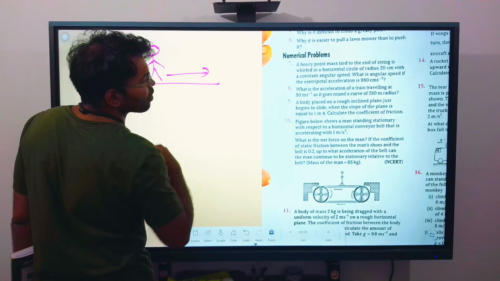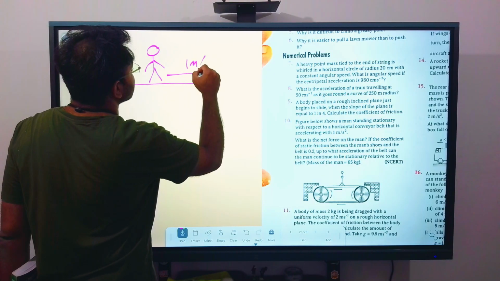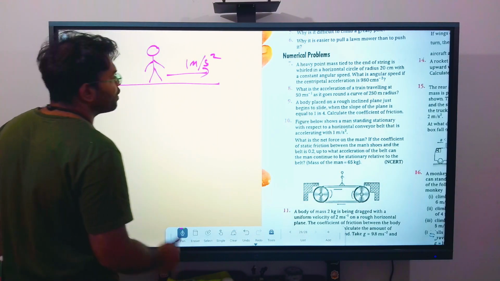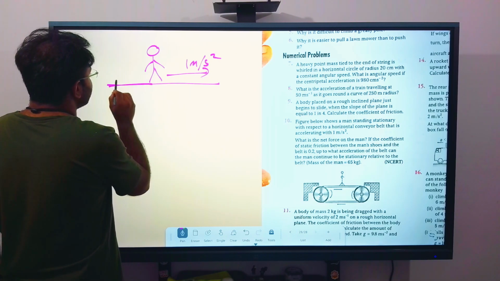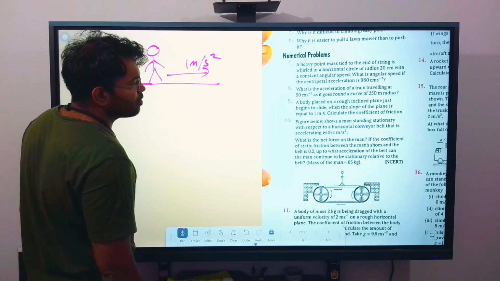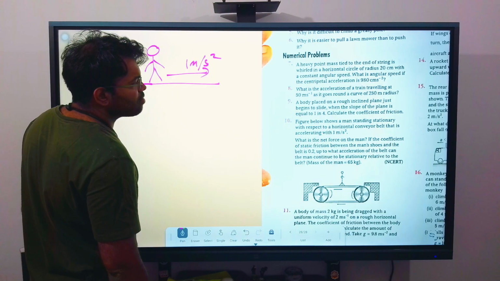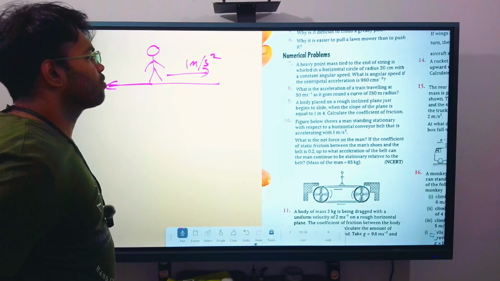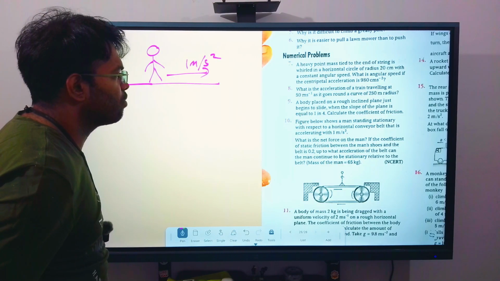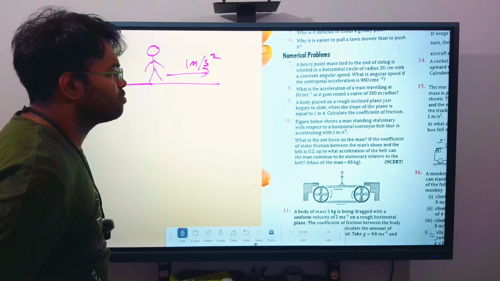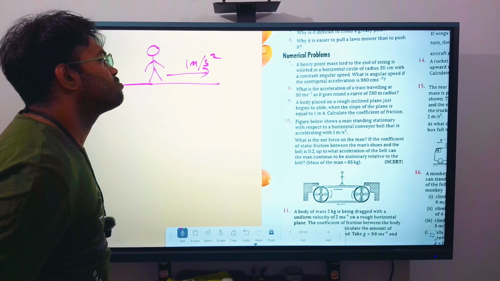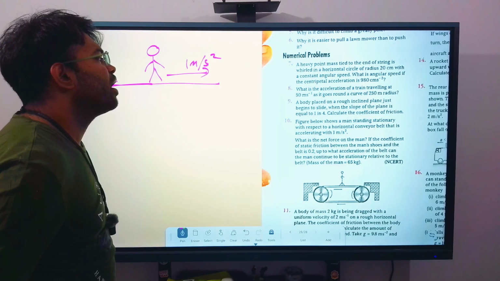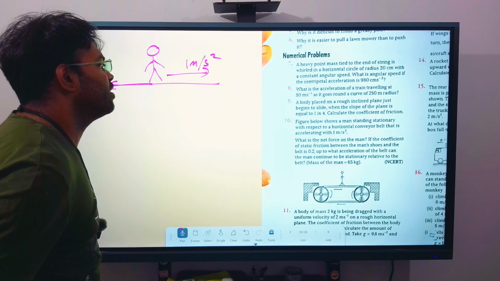He is moving with an acceleration of 1 meter per second squared. This conveyor belt is moving with an acceleration of 1 meter per second squared, and there is a frictional force here. If the man is stationary with respect to the belt,